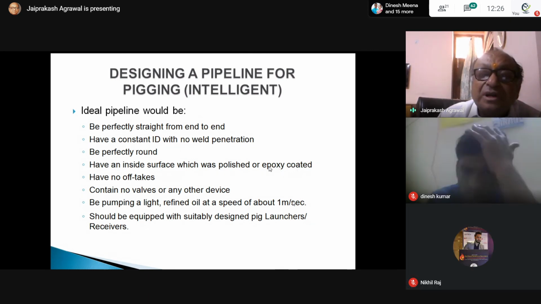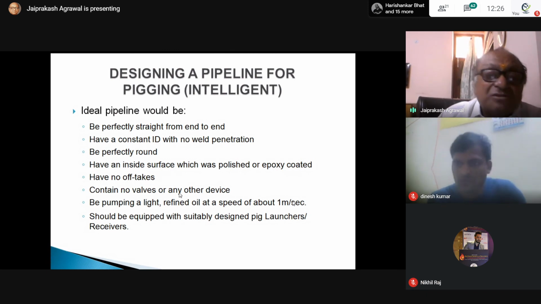Have no offtakes, not possible. No valves, not possible. Be pumping a light refined oil at a speed of about 1 meter per second, maybe possible. And there should be a suitably designed pig launcher. Yes, of course, that is a requirement.